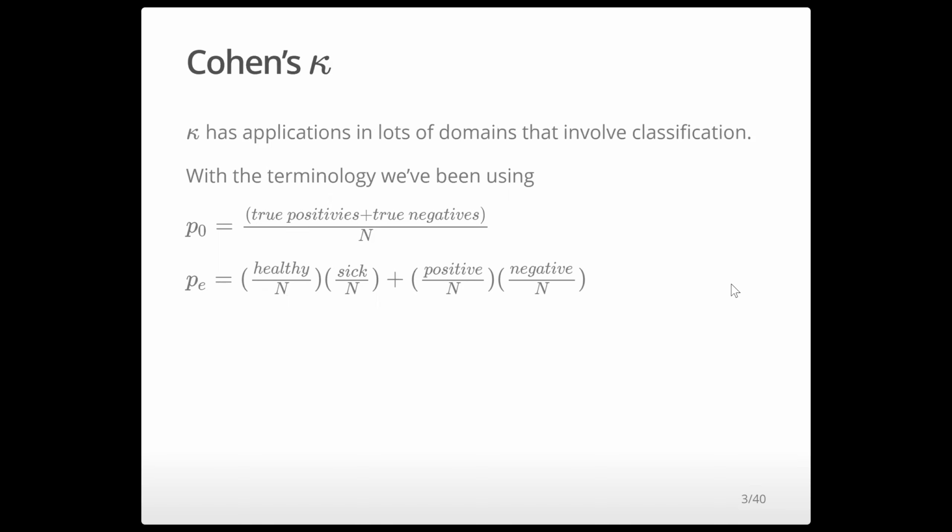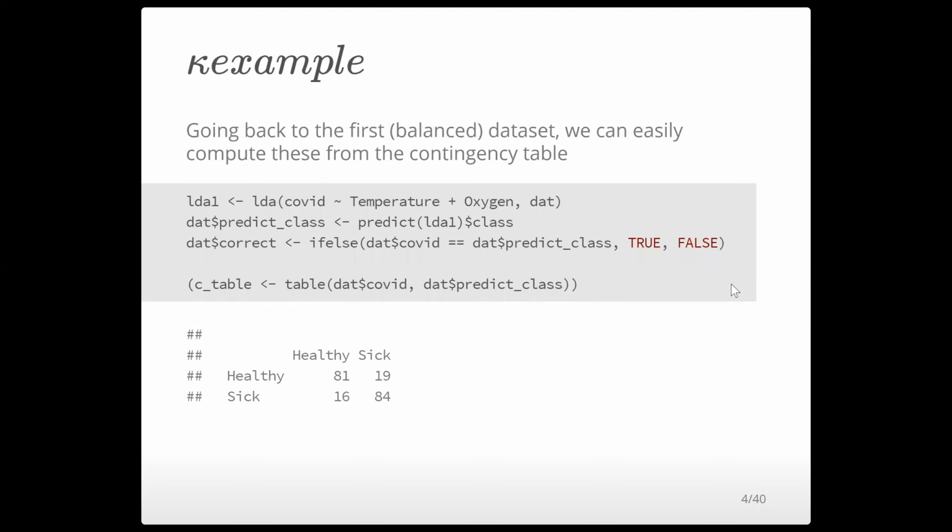So P0 is the number of true positives plus true negatives divided by the sample size, while PE is the proportion of healthy classifications and sick classifications divided by the sample times the number of sick classifications, both divided by the sample size, plus the number of actual healthy and number of actual sick multiplied by each other divided by the sample size, and the number of positive classifications divided by the sample size times the number of negative classifications divided by the sample size. So we can easily get these from our data